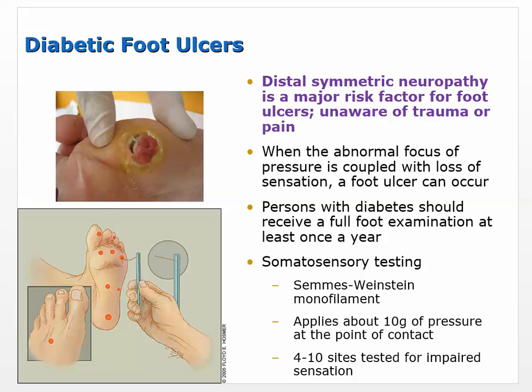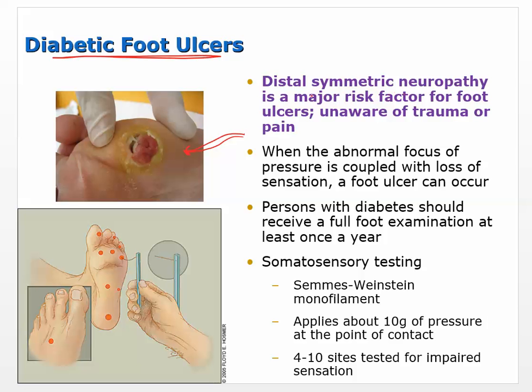And then the last slide, finally, it's the longest video. Diabetic foot ulcers. Okay. Now, this can also come from a lot of vascular problems that are trying to supply blood flow to keep the tissues alive. And of course, it usually starts a long ways away in the periphery, specifically on the bottoms of the feet, or on the feet is where you first start seeing it. So distal, which means a long ways away, symmetric, which means it's going to occur on both feet at about the same time.